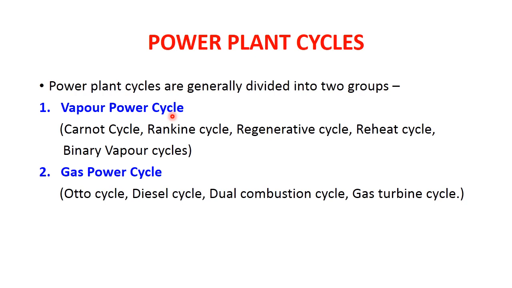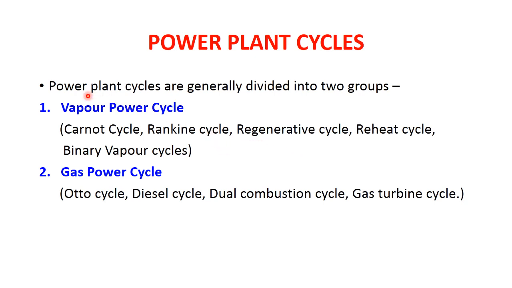When we are speaking about a power plant cycle, we know that this cycle is always related to a thermodynamic cycle. All the cycles are made of thermodynamic processes, and these thermodynamic processes are combined to make a thermodynamic cycle. So, the consideration here will be all the power cycles associated with vapor and gas, and also how the efficiencies are calculated for the various cycles. So we will start with our first slide.